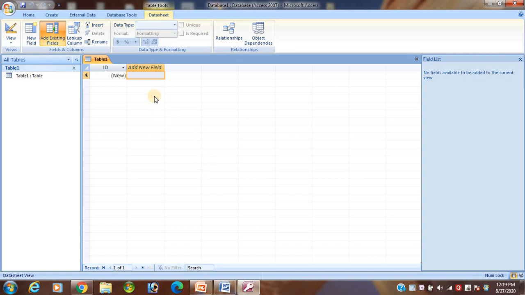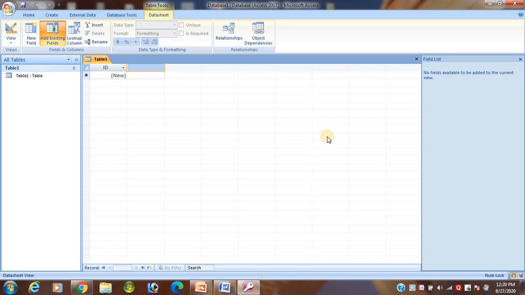Okay, student, this one is a datasheet view. That means the column and field name, the corresponding will be displayed. That one is a datasheet view. And design view means in the next class I will show you, and today's class only discuss this one. Okay, student, is that clear or not? Is that clear?